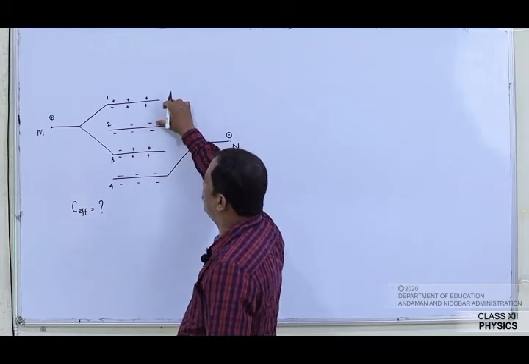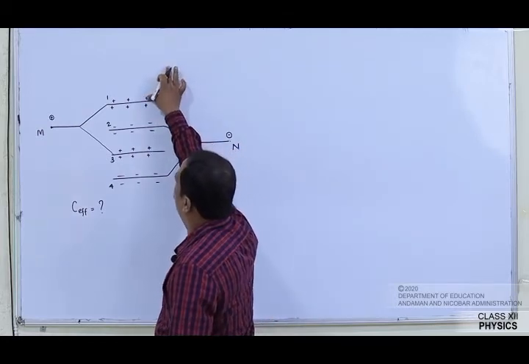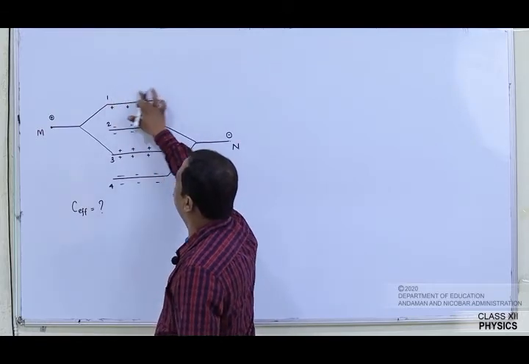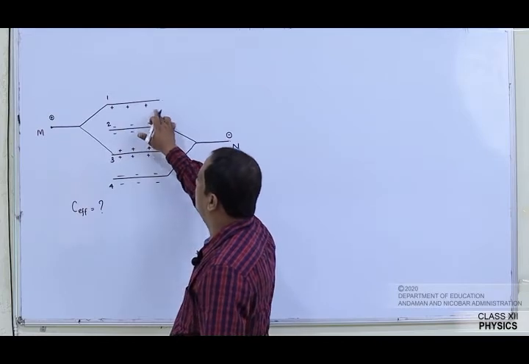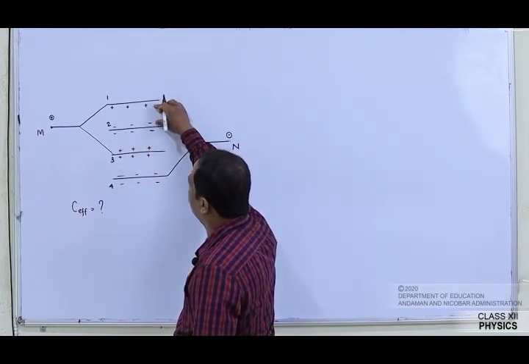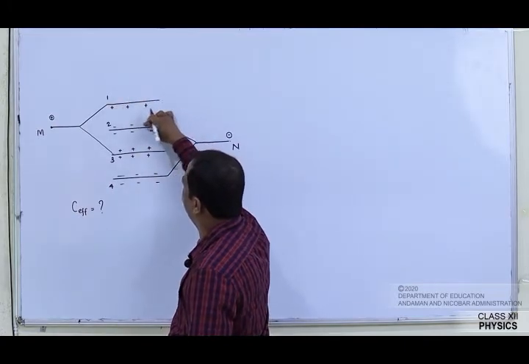On plate 2 there is negative charge, so this negative charge is going to attract this positive charge. So outside there will not be any positive charges. So these positive charges will come here. So this positive and this negative charges, due to attraction, this positive is going to remain below and this is going to remain at the top.